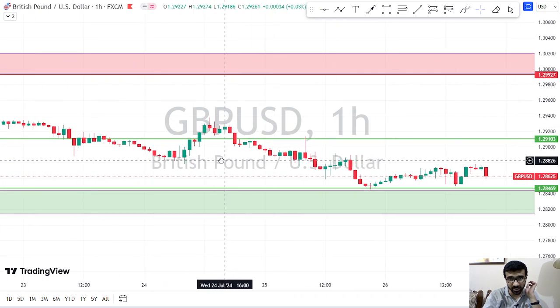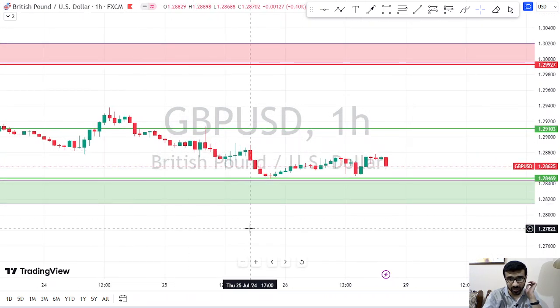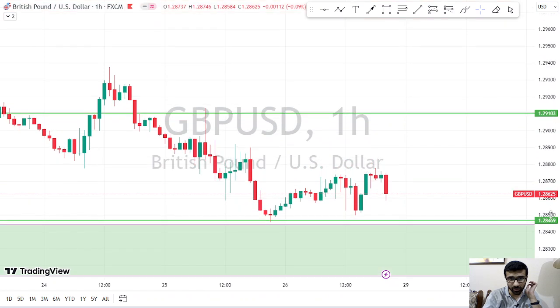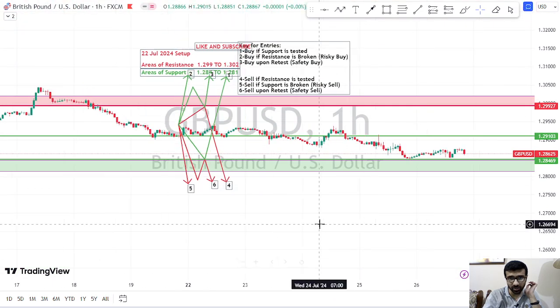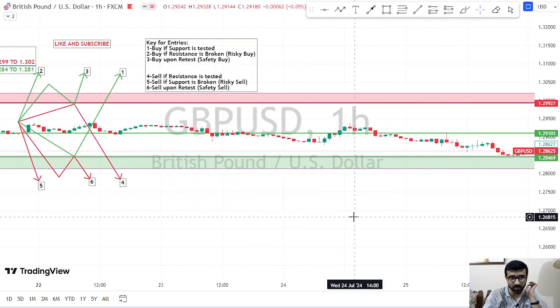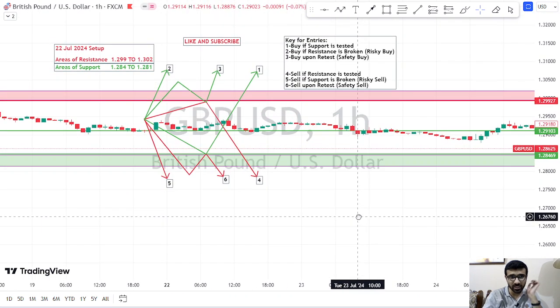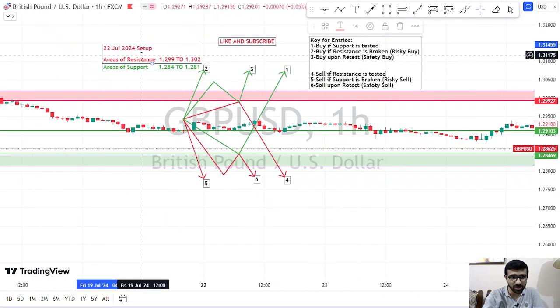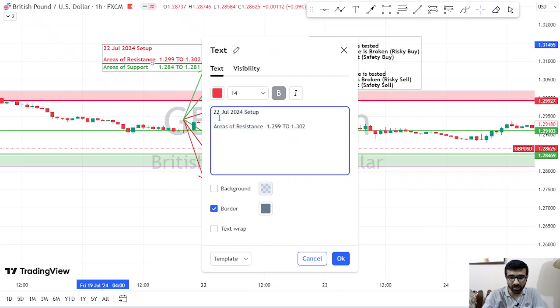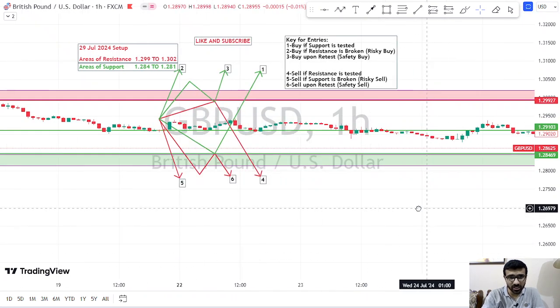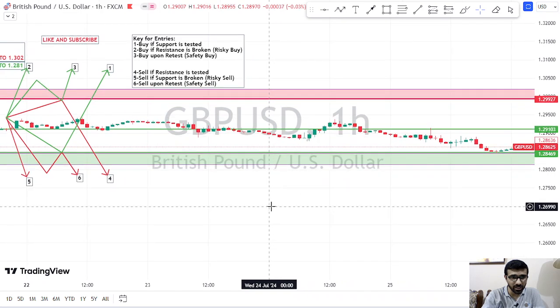We could have taken and made some good profit, and then the very beautiful entry was available over here when market tested our area of support and continued to go up. So till here we could have made a very good profit as well. So overall in this GBP USD pair as well, market gave us very amazing opportunities to buy. So for 29th of July, once again, we are bullish in this GBP USD pair, and you guys can clearly see that market